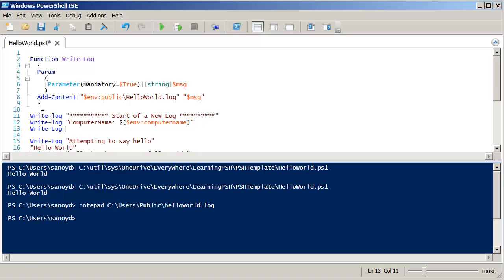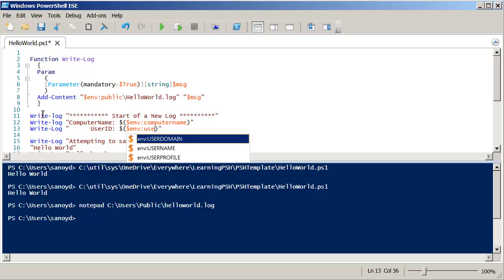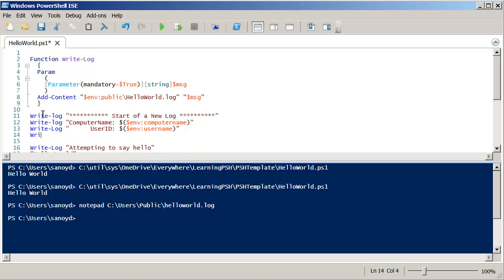Another thing that's good to know is who the user is. So we'll do a username. Technically it's user ID. And we'll do the same thing here. Close all of our different delimiters. $env username. So that'll give us the user's ID,